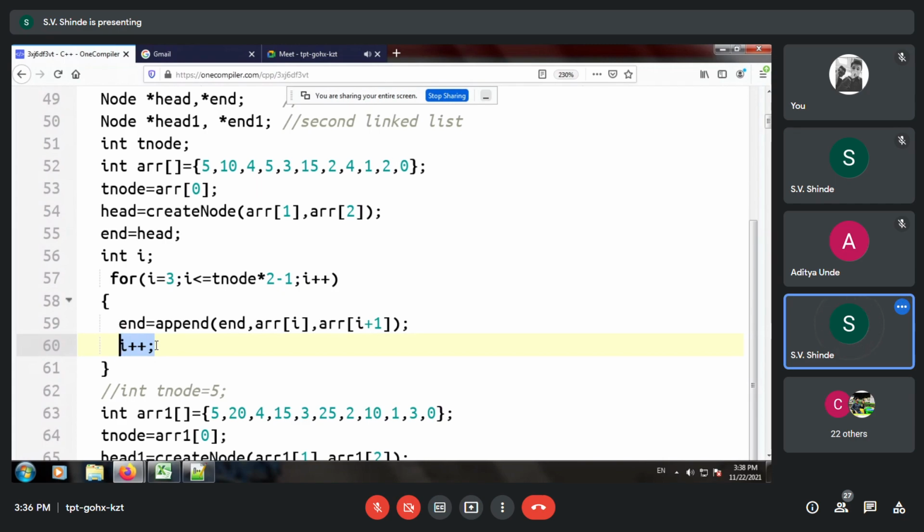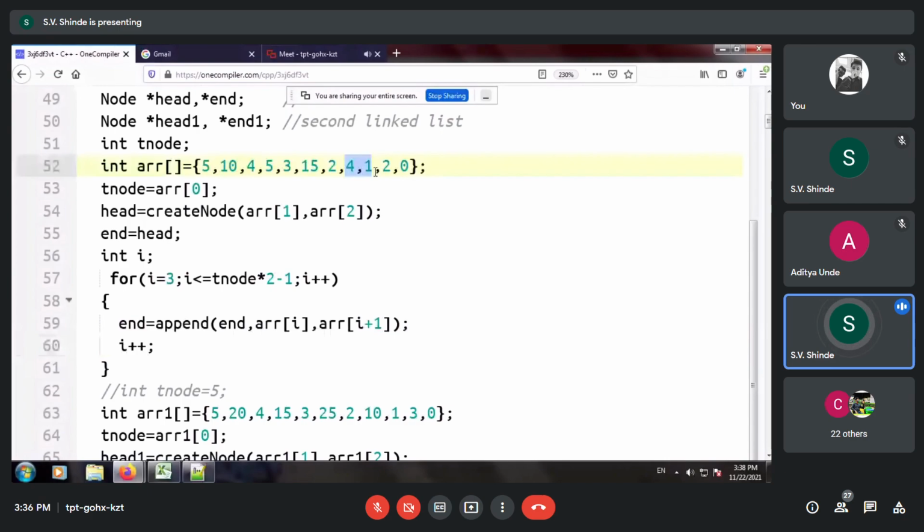You can observe that linked list 1 will be updated with the following contents: 10, 4, then 5, 3, 15, 2, and 4, 1, 2, 0.